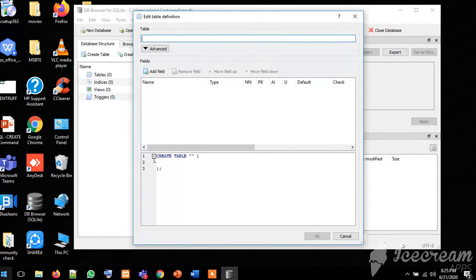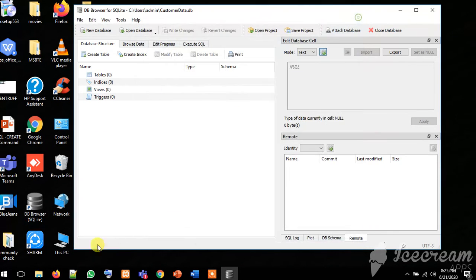After creation of that, you can see a pop-up appears to create new table in that database. Here I'm not going to prefer that. Just see the structure of this database. No tables are there.